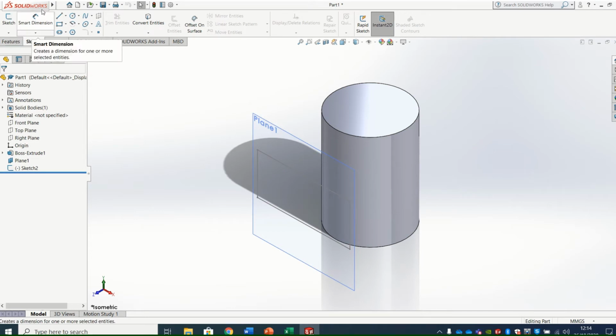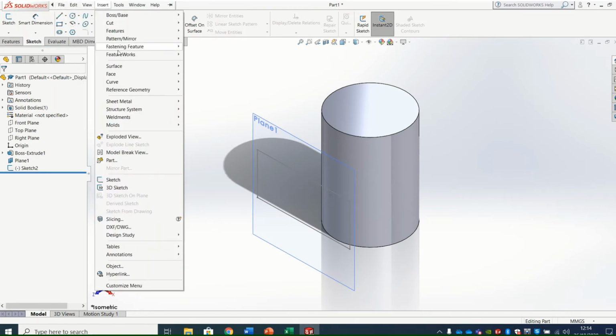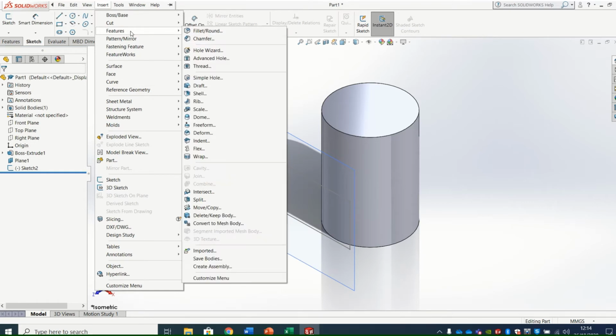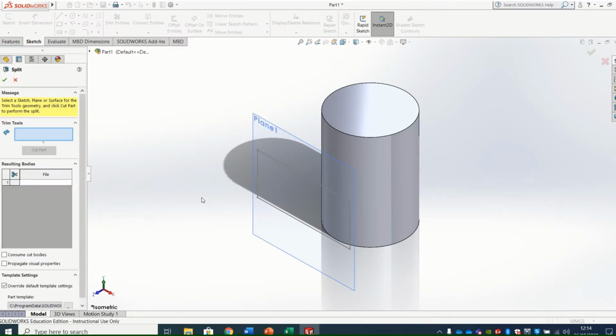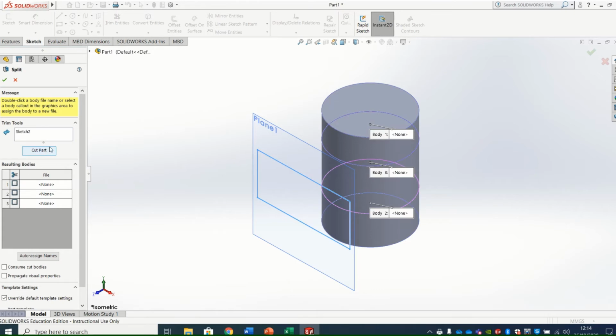Now the second thing I want to do is insert features, split, which is down here. Now you're going to need to use that. So the trim tool in blue over here, it wants information here. What is the trim tool? So the trim tool is this rectangle. So I'm going to say cut the part with that,